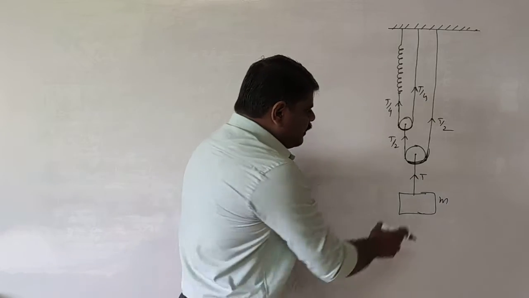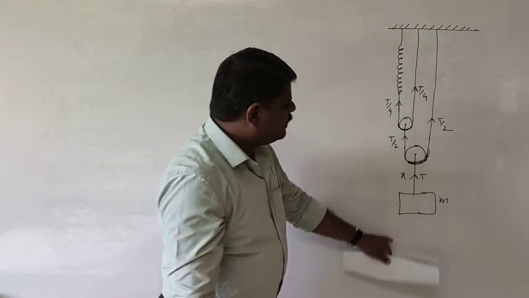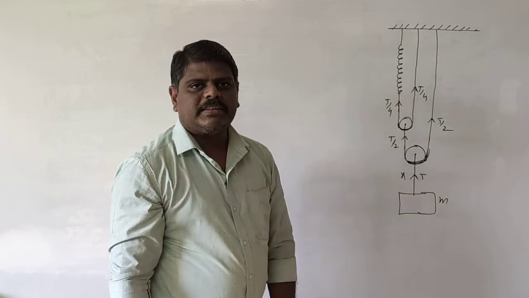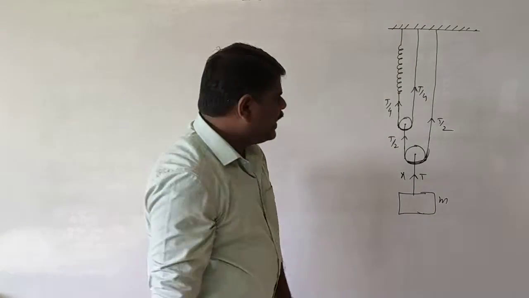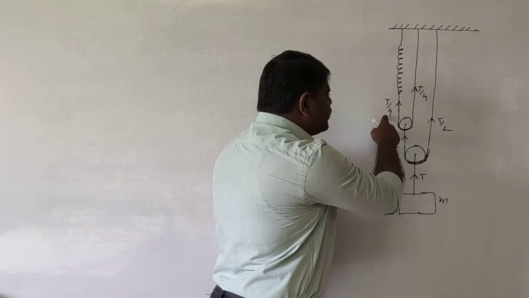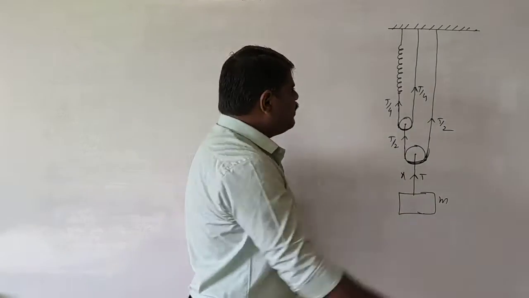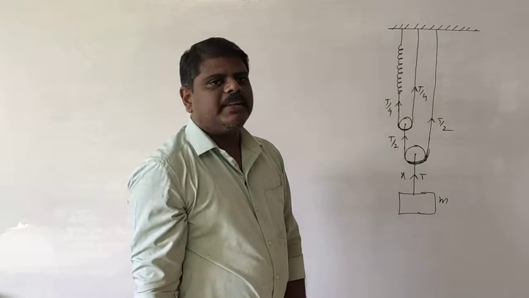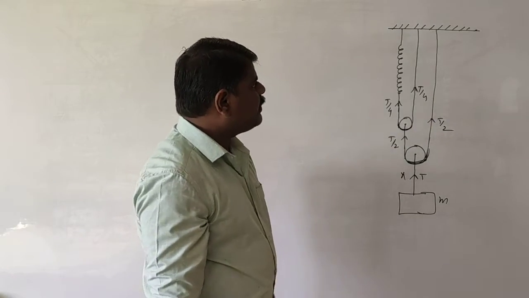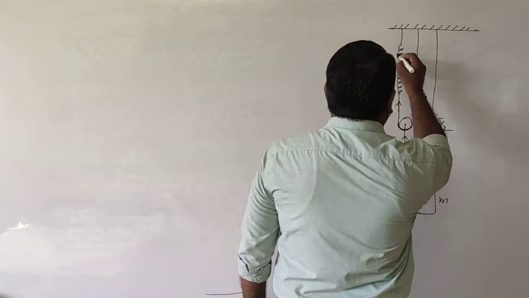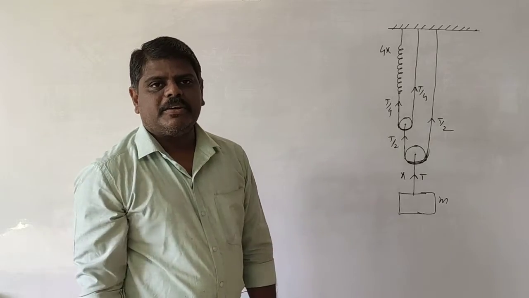Now, what happens here, whenever this mass is pulled down through a distance x, okay, if the mass is displaced through a distance x, then the spring will be elongated 4 times. Okay, why will it be 4 times? Because the force is decreased by 4 times. Okay, tension is decreased by 4 times. So that means the spring elongation is increased by 4 times. That means the elongation in the spring becomes 4x. So the elongation becomes 4x here. Okay, this is a very important point you have to remember.